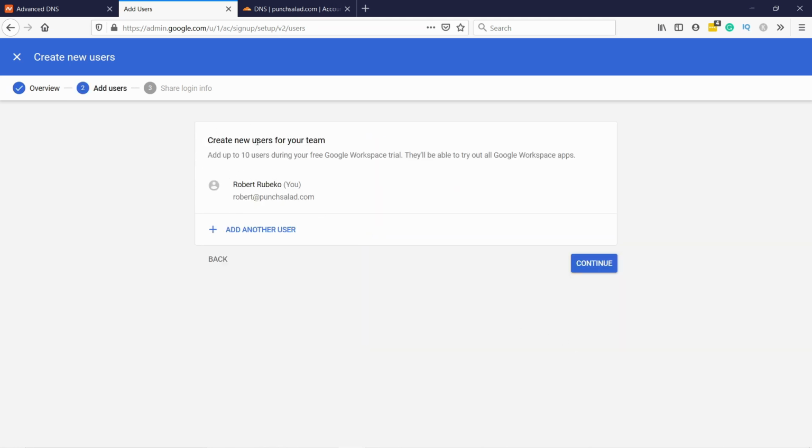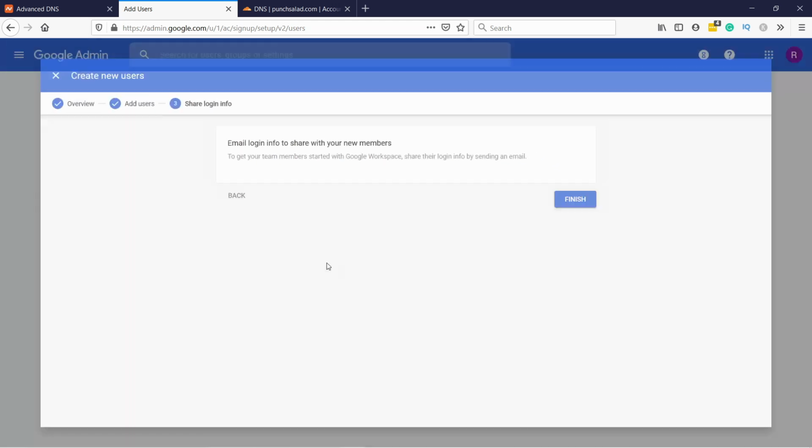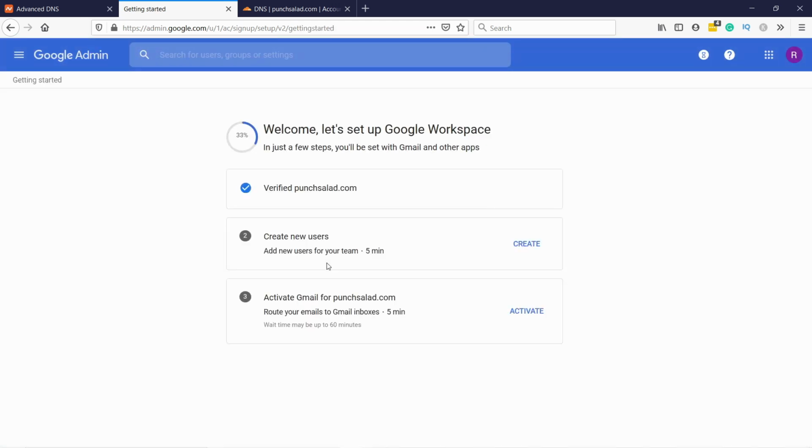So here you can see that you have up to 10 users during the free Google Workspace trial. But to be honest, I think they will just charge you for each user. So if you don't need it, don't create it yet and then see how it works. They charge per user, but not per alias. And that's something you can create later. And just click on continue. As you can see here, for some reason it's not adding the check mark here, but it works fine if you just have one user,